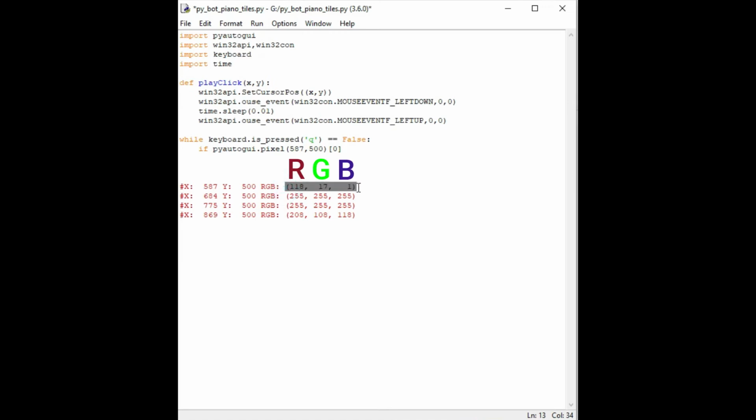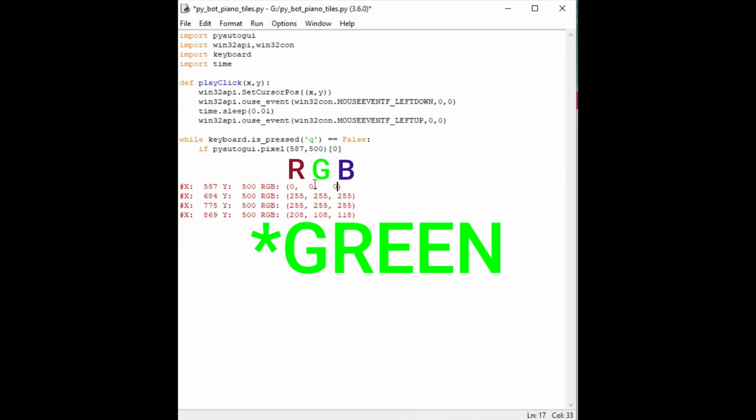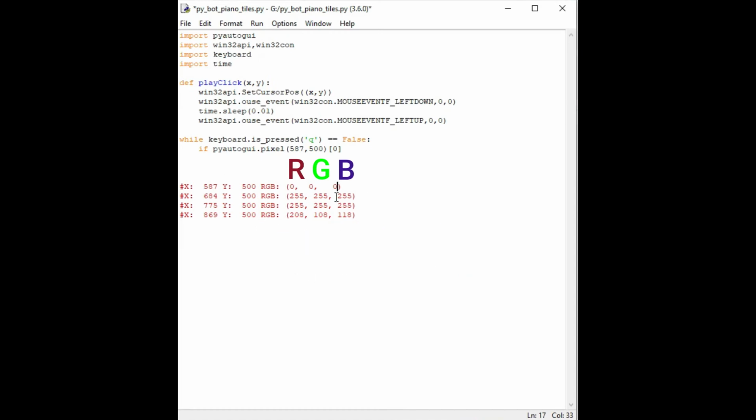So as you can see, this is the RGB value of the pixel which we have kept. So this is black, so it will be 0 comma 0 comma 0. Red will be 0, green will be 0, and blue will be 0. If it is white, it will be 255, 255, 255, which is the maximum. So this red has the index number 0, green has the index number 1, and blue has the index number 2. So since everything is 0, we could just check if red is 0, that is black.